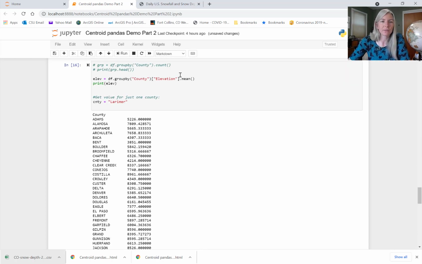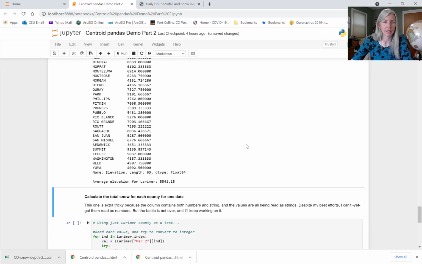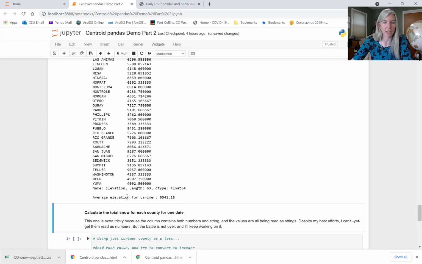All right, and the last piece for this, what if you wanted to just get the average elevation for one county? To do something like that, you would need something like this. So here we have a print statement, average elevation for the county that we're telling it, and then this is how you would do it. We're going to take a value out of LF, and we're going to say LF.Larimer, and we want to round it to 2 decimal places. And then at the bottom, there's our statement, average elevation for Larimer,